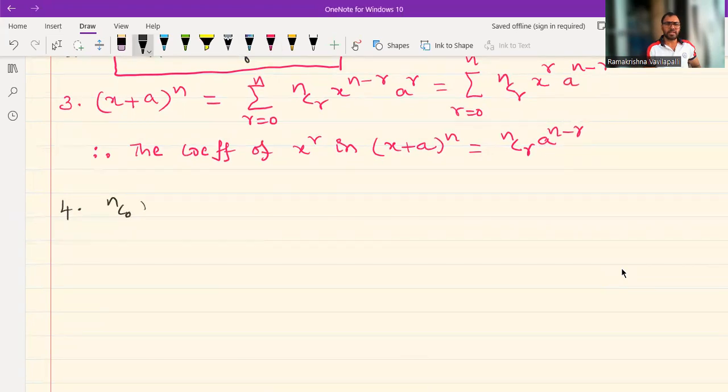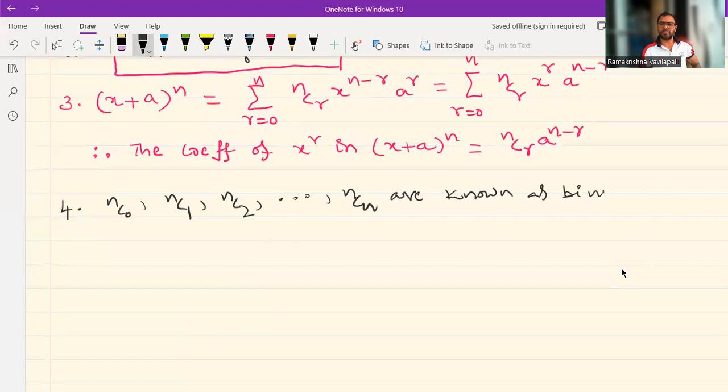nC0, nC1, nC2, and so on, nCn are known as binomial coefficients. Fifth point is